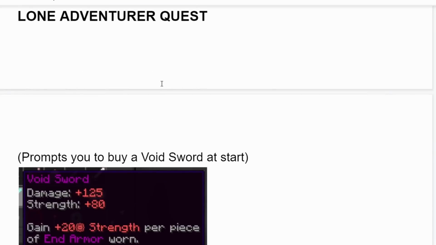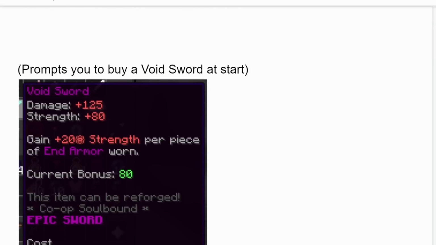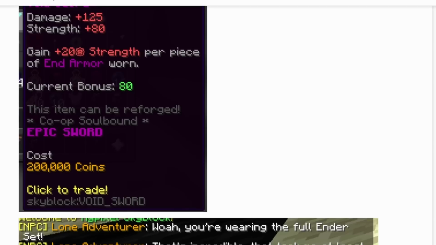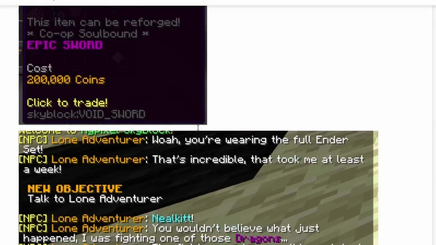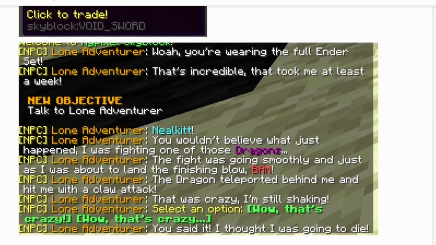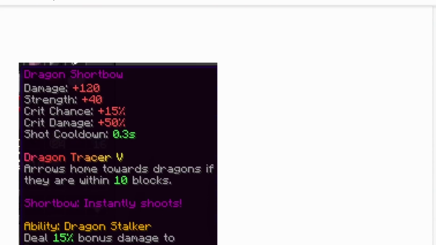Now we get into the stuff that I think is even better, the Lone Adventurer quest. If you, at the start, buy a Void Sword for only 200k, which will be pretty reasonable for a lot of early game players, you get this really solid sword, which gets stronger the more end armor you have on. On top of this, if you further talk to him, you'll be able to get something truly incredible, a Dragon